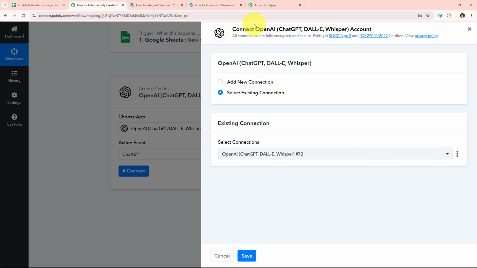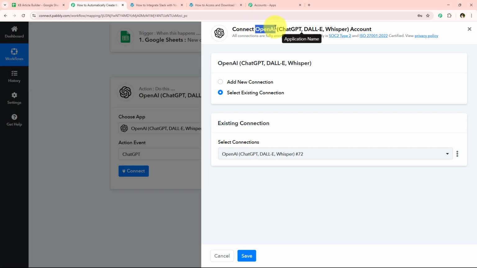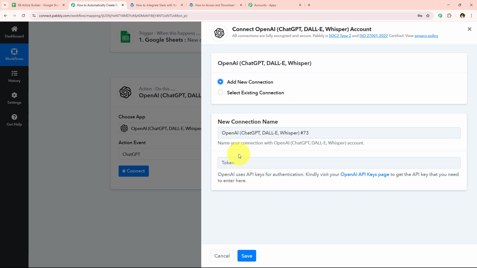So if you have already connected your OpenAI account with your Pabbly Connect workflow, you can simply select the existing connection and then save. But if you haven't, you have to follow me, click on add a new connection, and now we have to